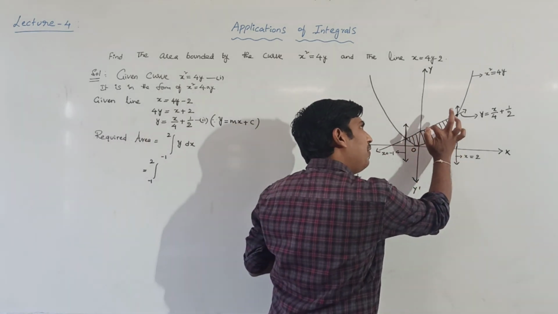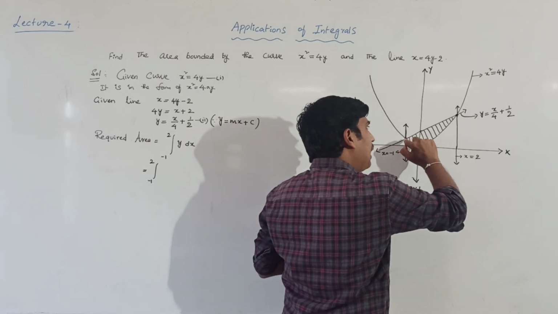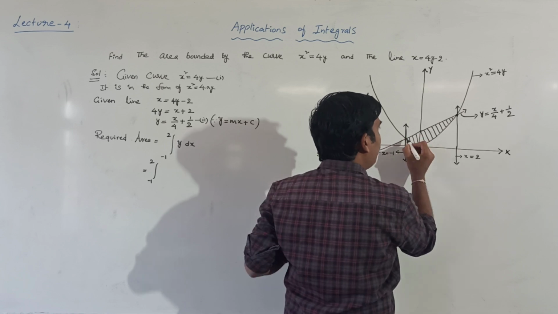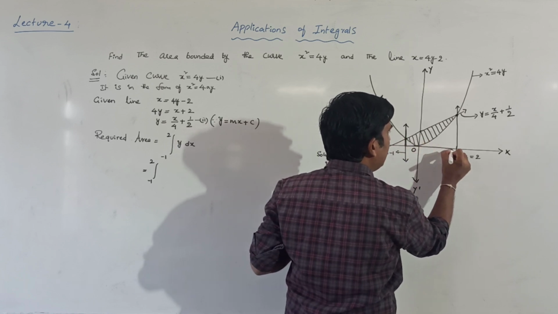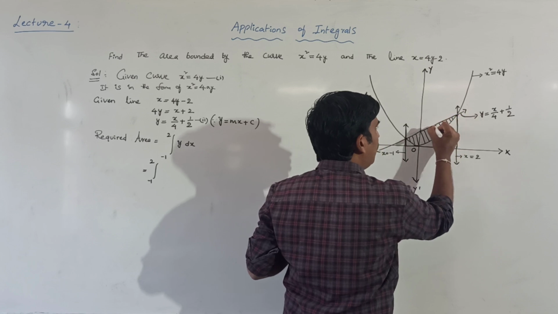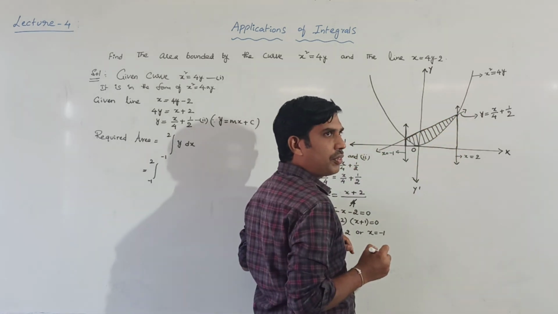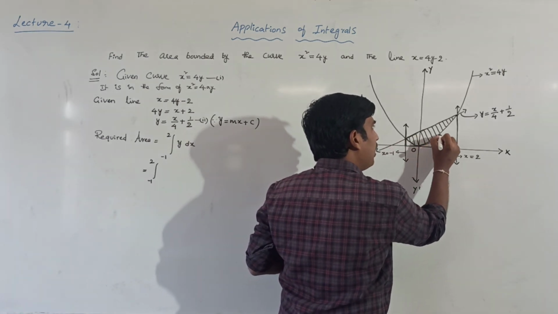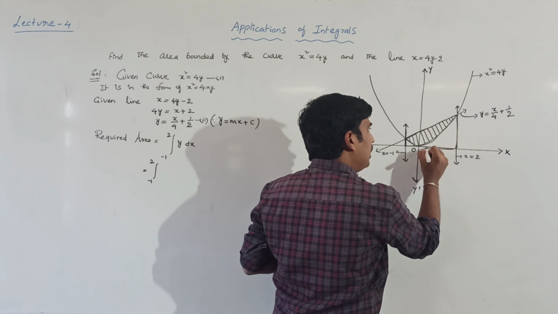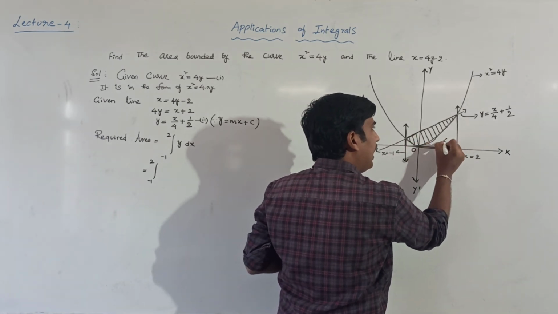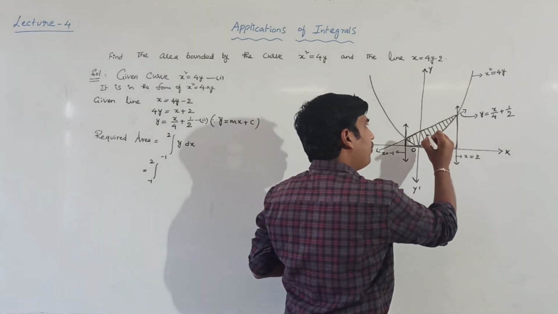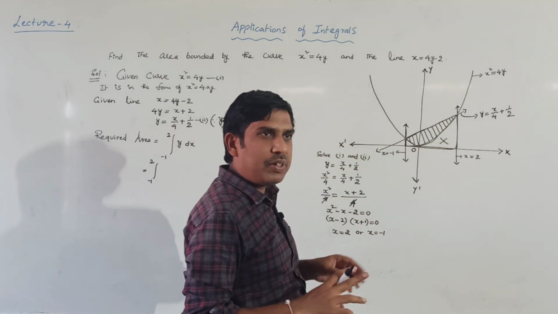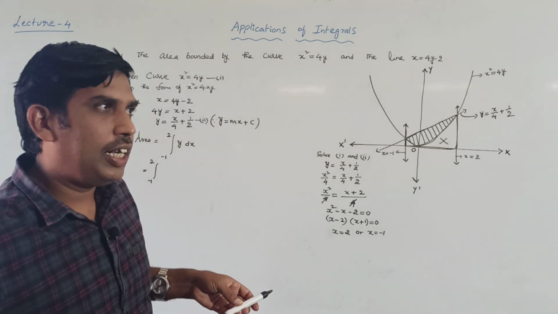How to get the area between them? The area bounded by the line, nothing but this total area. The area bounded by the line means this area will come. The area bounded by the curve means this one will come, but this area is not required. Therefore, this area only we have to find out. Understood? In the previous problem, how I did it, like that only here also.